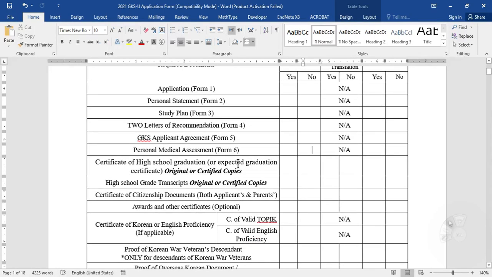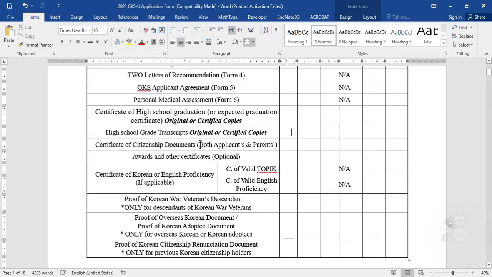And you have to send the authorities some photocopies, or certified copies, of your graduation certificate from secondary school and higher secondary school, or grade 12 transcript and degrees,